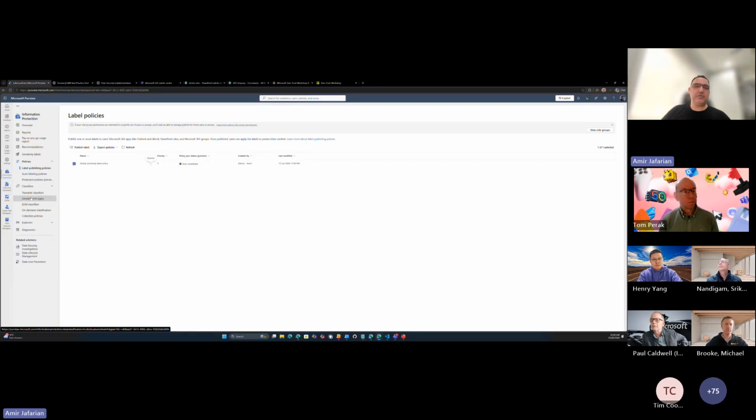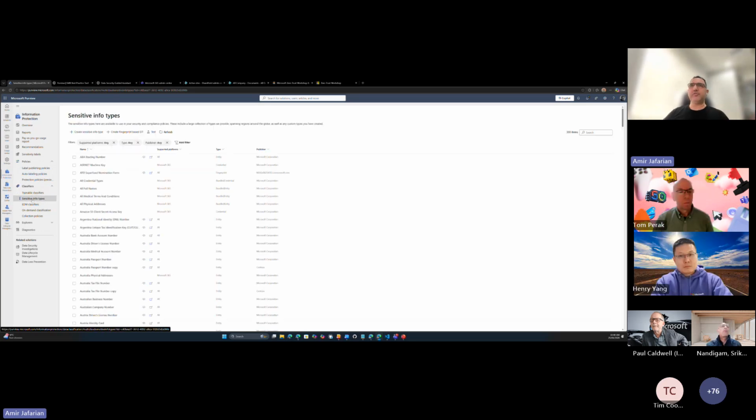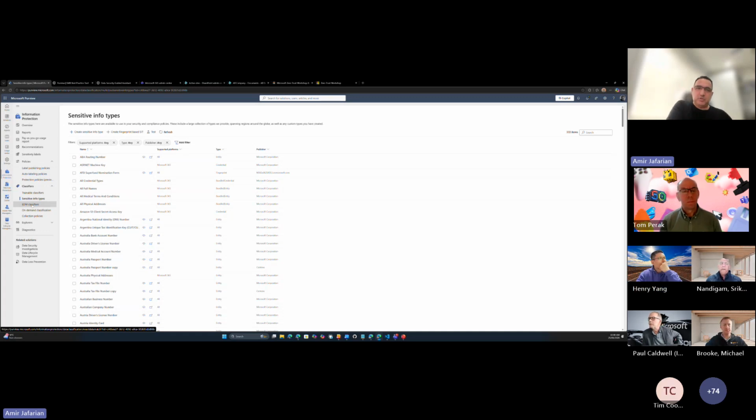I don't have time to go deep into everything, so be familiar with trainable classifier, sensitive info type, EDM classifier. These are about the type of the content, where you can use them to label automatically, right? So for example, if this file has code, this file has a credit card, this file has Medicare information, think of that. And then EDM or some other sensitive info type, you go there, fingerprint it,